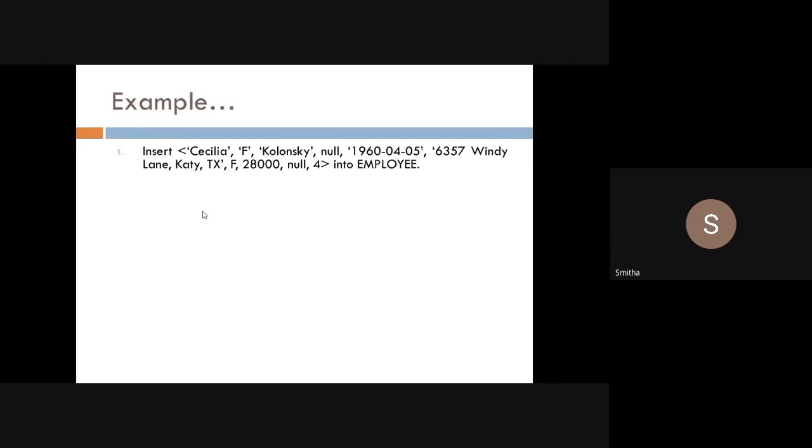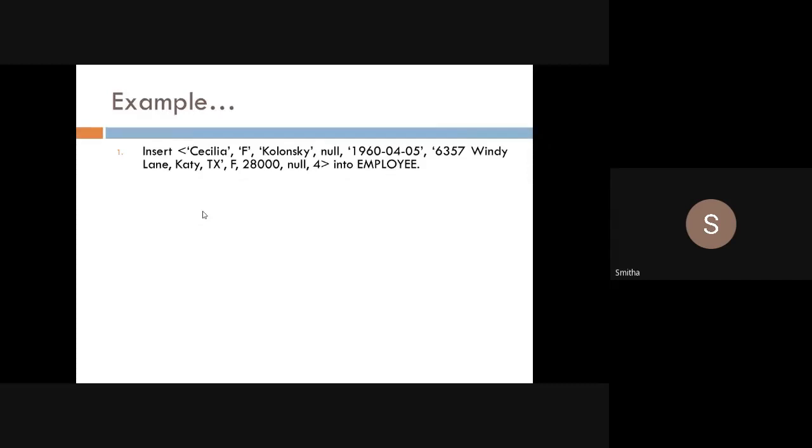Now, into employee means what? I want to insert into some relation. What is the name of that relation? That is employee. Got it, students? So what is the format for insertion? Insert, within the angular brackets I have to give all the values of that particular attribute. Then I have to close the angular bracket and mention into that particular relation.